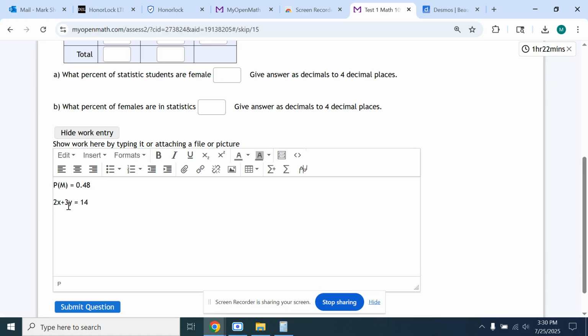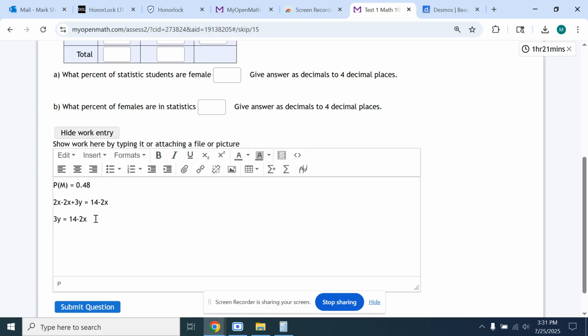So if you were solving this, let's say for y, your first thing would be to subtract 2x. So I would maybe say, let me subtract 2x from this side, and let me subtract 2x from this side. And what happens, 2x minus 2x cancels each other out, and we're just left with now 3y equals 14 minus 2x. And then my next step would be divide by 3 if I was solving it for y. And so I could just say here, let's divide that by 3 if I really needed to show all this. But really, you probably would realize when I divide this by 3, the 3's cancel out. And my answer would be y equals,